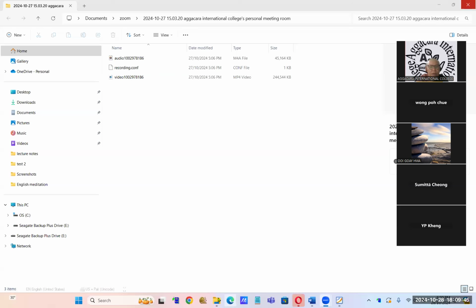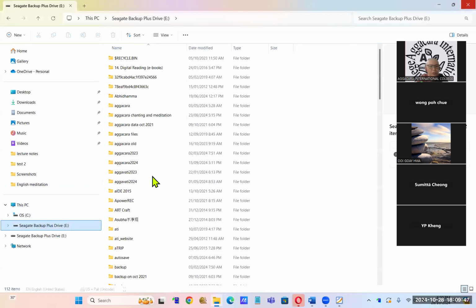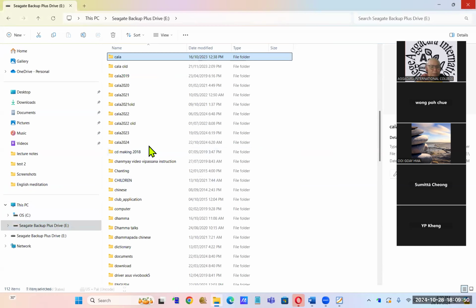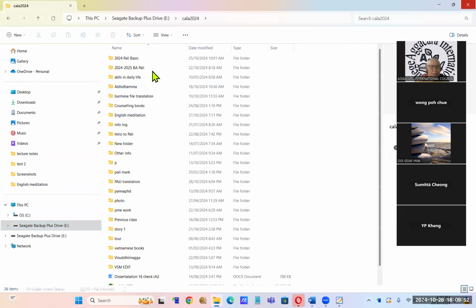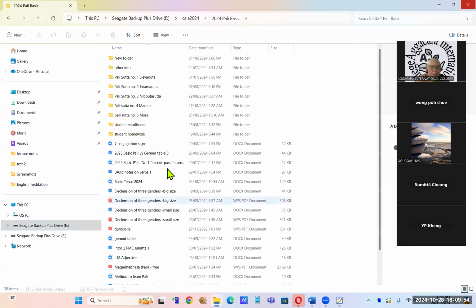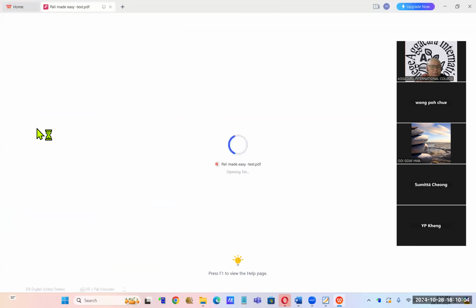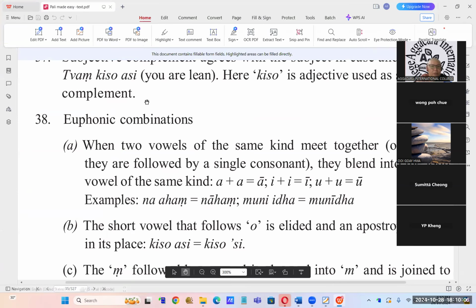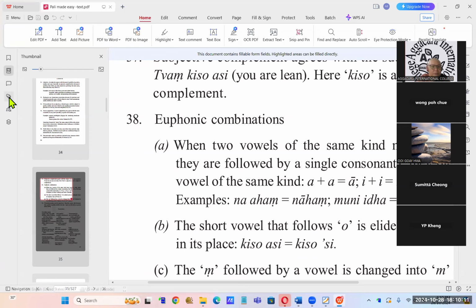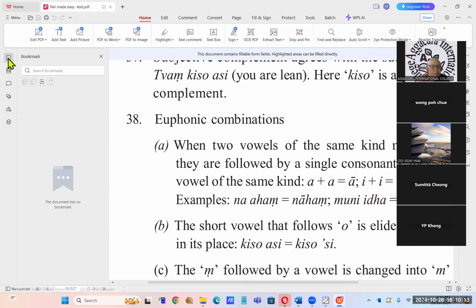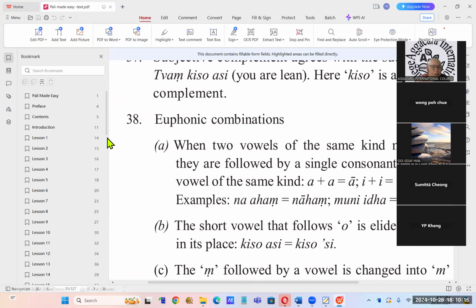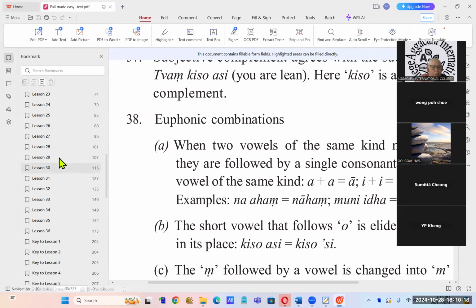Which chapter are we doing now? Have you finished? We finished lesson 26, right? Yes, we finished the lesson. So are we going to lesson 27? We finished everything, including the homework also? Homework not yet. I think we stopped at number 9, right? Oh, 10, yeah. 11 we haven't finished. So now we are at lesson 26.